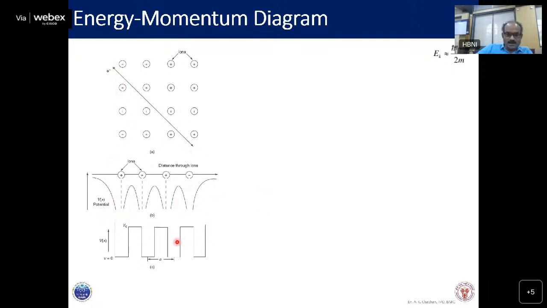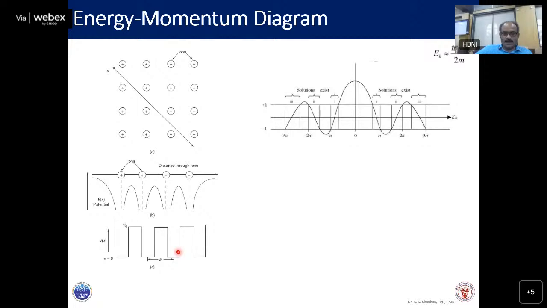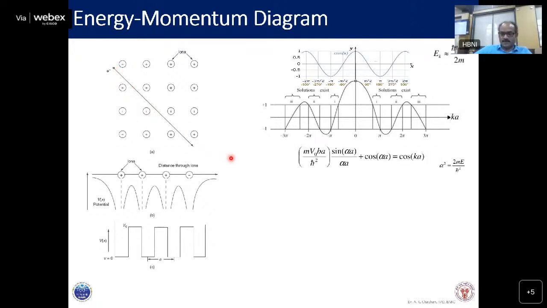In a slightly better way, or you can say in a slightly approximated way, I can put it as a potential well kind of thing. So it is like this. Now, if we try to solve the Schrodinger equation for the movement of this electron, what I get is